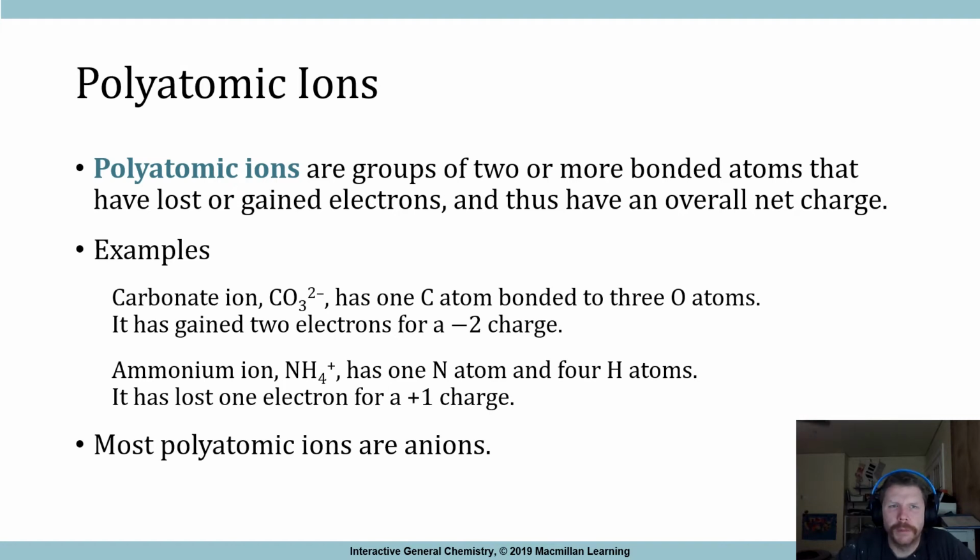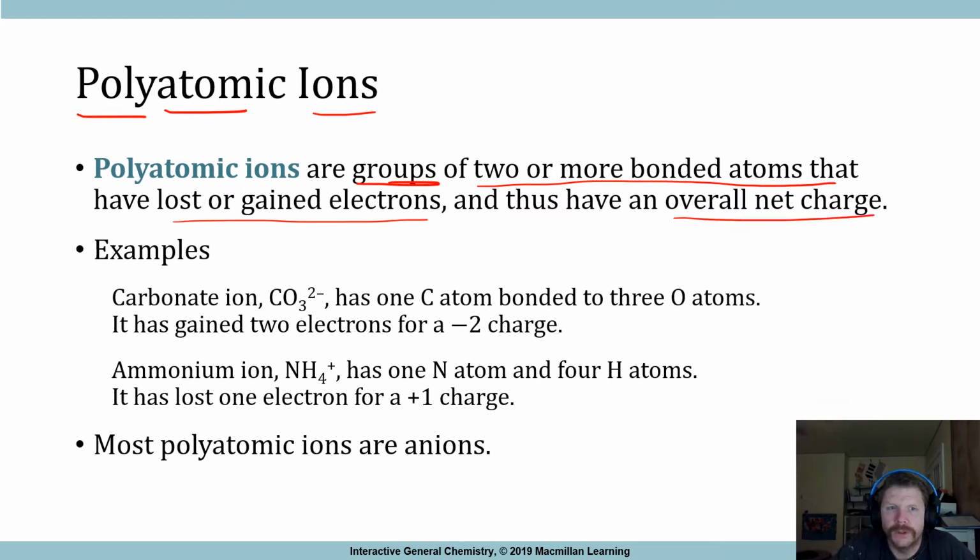And up next, polyatomic ions. Here we go. Polyatomic ions are groups. Remember at the beginning of the last video we talked about groups or individual atoms that have a charge. Polyatomic ions are polyatomic ions. So this is a group of atoms that has an overall charge. They are groups of two or more bonded atoms that have lost or gained electrons and thus have an overall